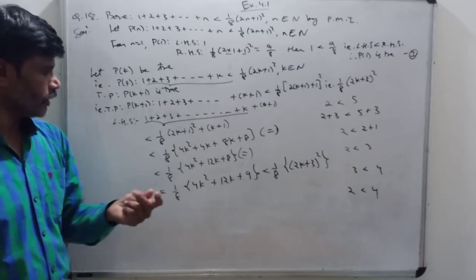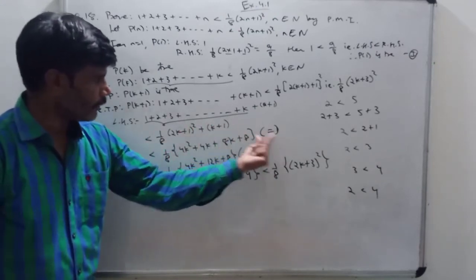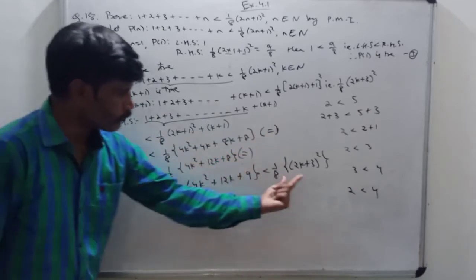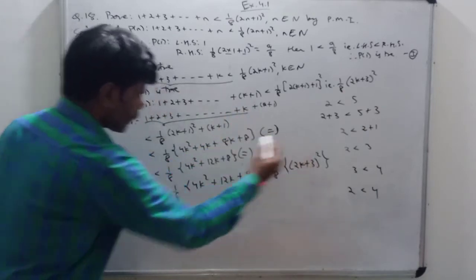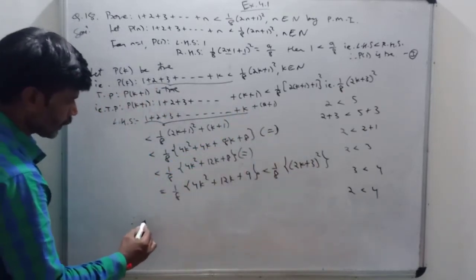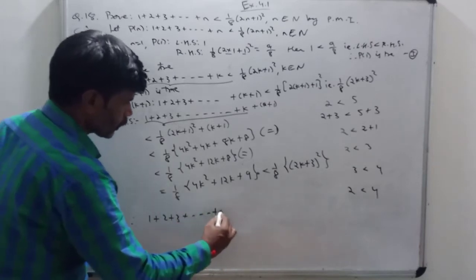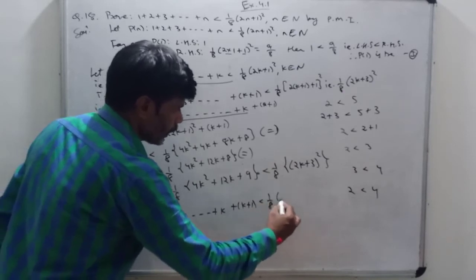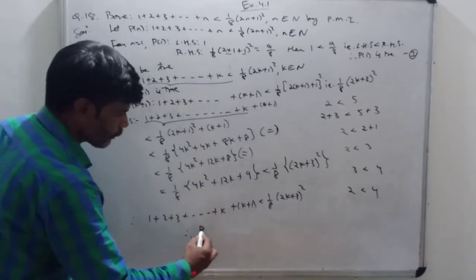In the solution you will see equals to everywhere, but actually there is a mistake. So here this will be equals to, so I have kept equals to, and this will be less than, and this will be less than. So finally overall I can say this whole term is less than this term. So therefore finally I can say 1 plus 2 plus 3 up to k plus 1 is less than 1 by 8 into 2k plus 3 the whole square. So therefore I can say P(k plus 1) is true.